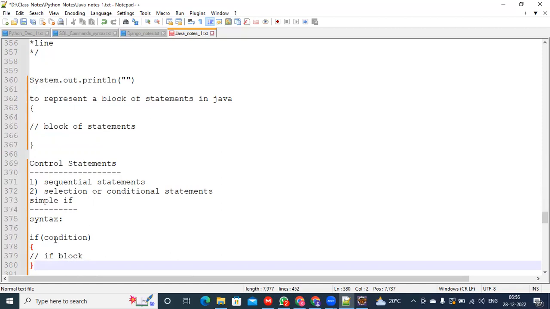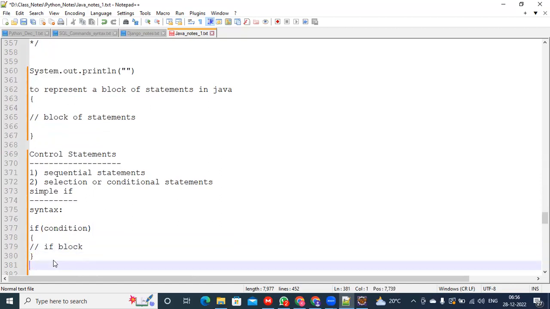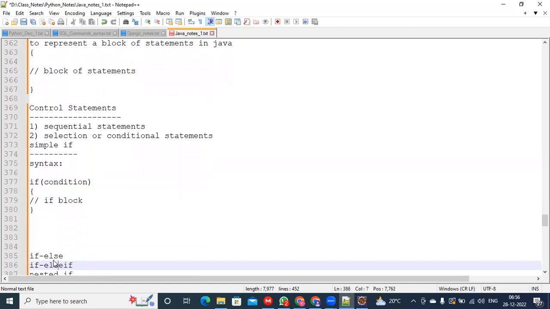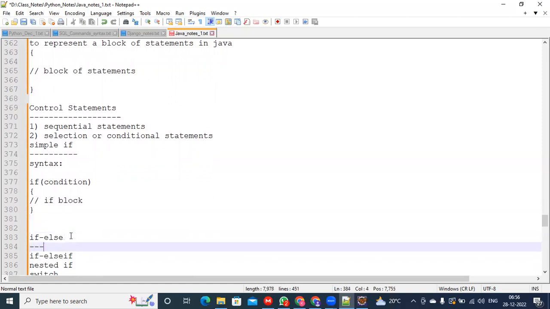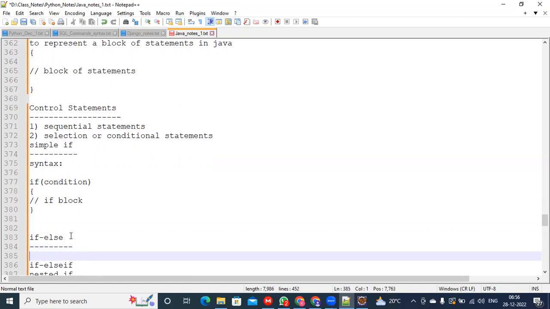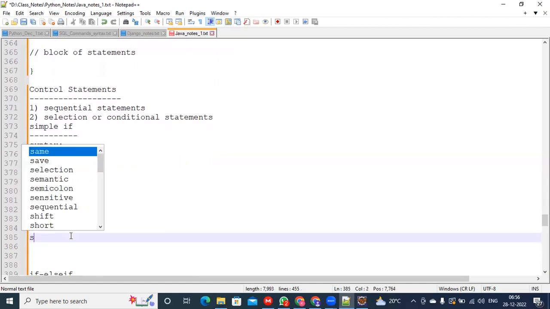syntax. If the condition is true, then the if block is going to be executed. If the condition is false, there is nothing to execute with this simple if. So for that we have if else. If the condition is true, the if part is going to be executed. If the condition is false, the else part is going to be executed. So that syntax will say